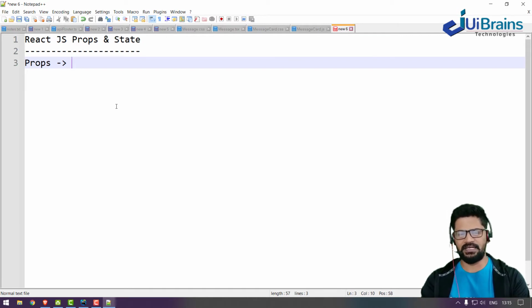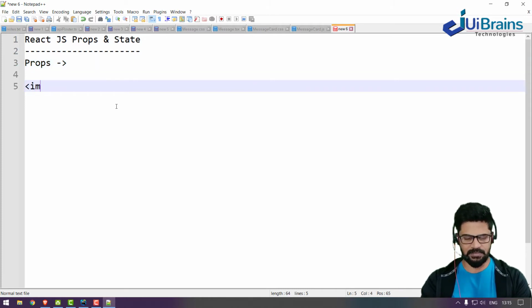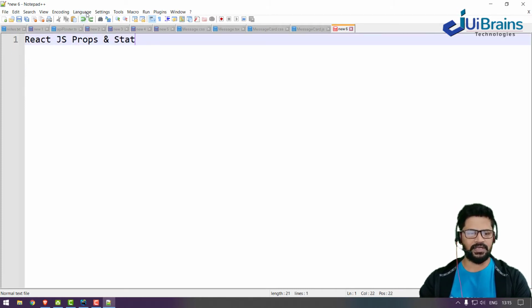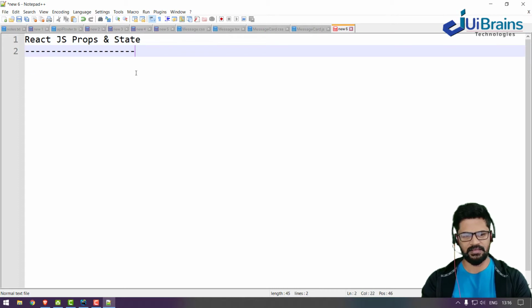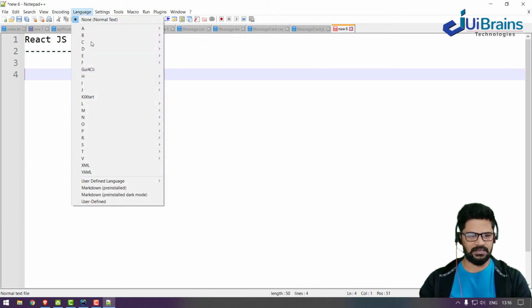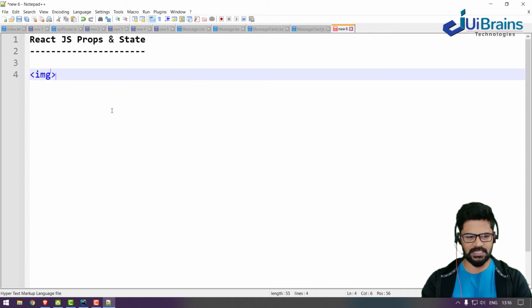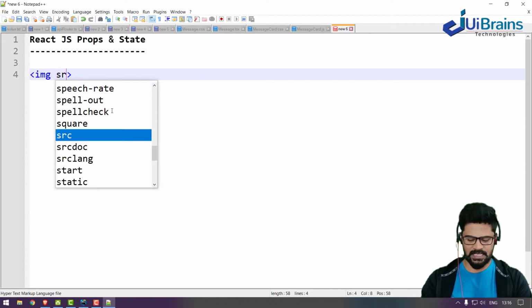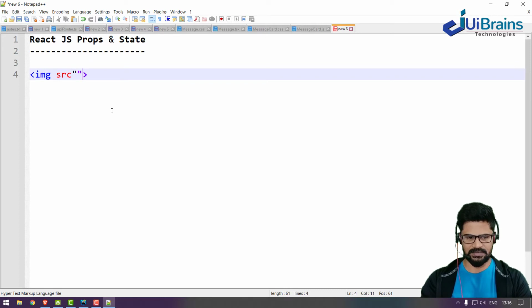Props is nothing but, in your tag you have attributes, right? For example, an image tag. Let me change to HTML. You have an image tag, and the image tag contains some src. This is a regular HTML tag and src is an attribute.